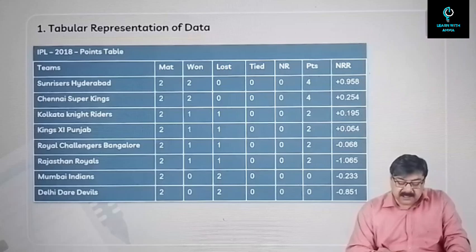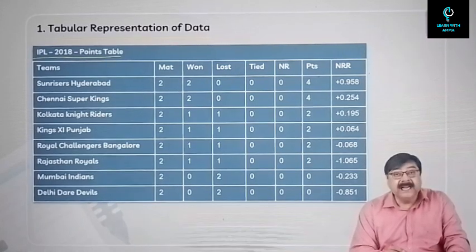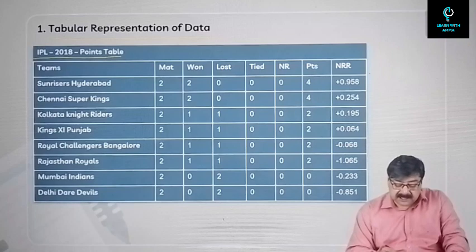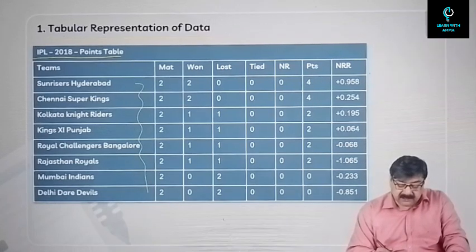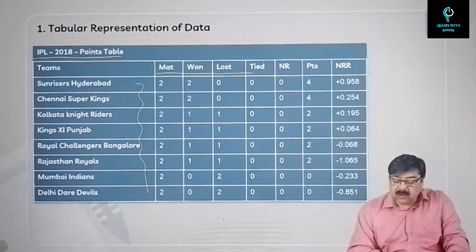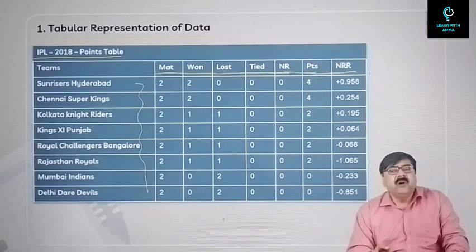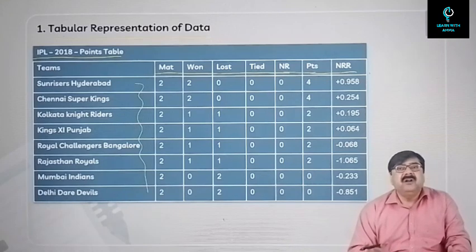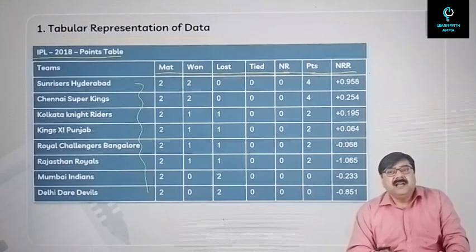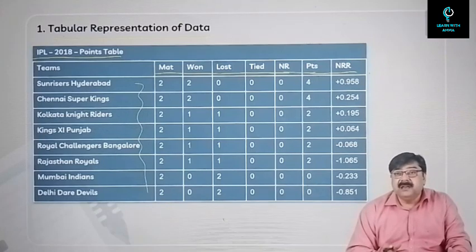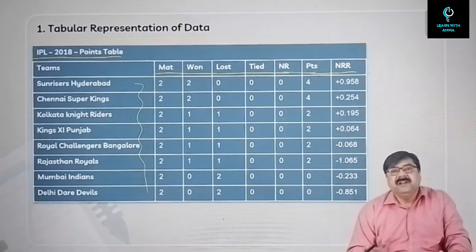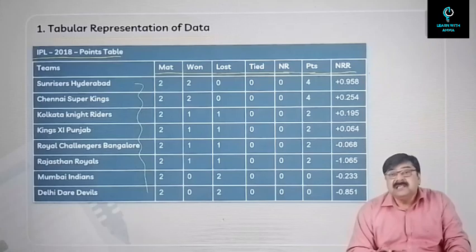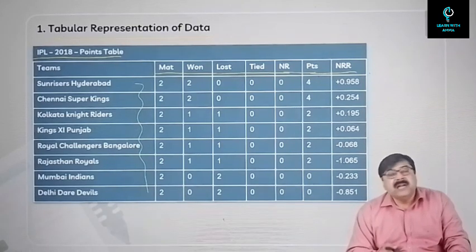Now this is another tabular representation of data, IPL 2018 points table, another way of representing the data here. The teams are written here in this column. Again, the matches won, lost, tied, no result, then the points and the net run rate. The data could be given to you in a table for a company's turnover or sales done over a period of 10 years. Or let us say the number of students who get admitted in a particular school in 5 years. So such kind of data is tabulated, and based on that data you are asked questions